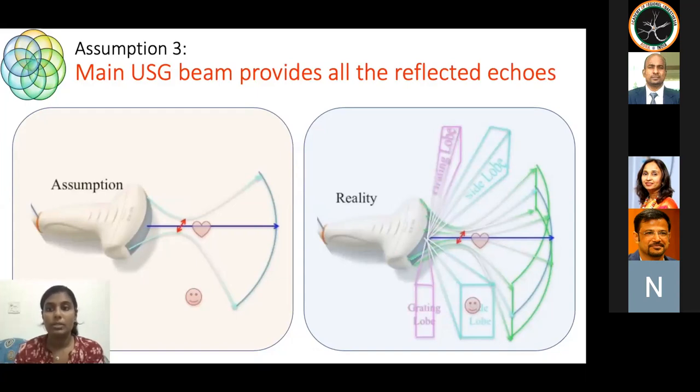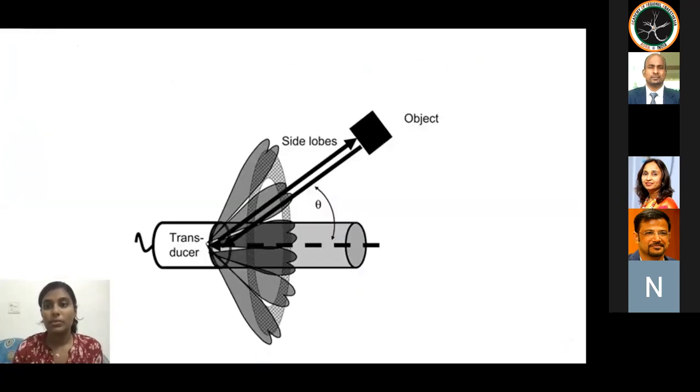Unfortunately, in reality, the ultrasound beam emitted by the crystal is not a one-dimensional line but has a 3-dimensional shape. With this image, I want to stress that these so-called side lobes are radiating low intensity beams in 360 degrees around the main beam. Also, they overlap each other, especially as it goes deeper.